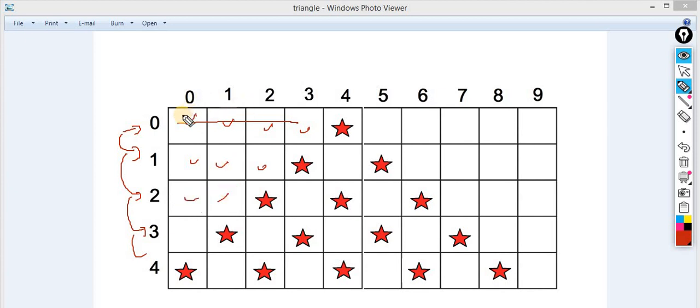Here you can observe that in the first case you are getting 4 spaces, then 3 spaces, then 2 spaces, then 1 space. Okay, and one loop, the I loop, will iterate through the rows, and the J loop, or you can take an S loop, the spaces loop, will take care of all these spaces.